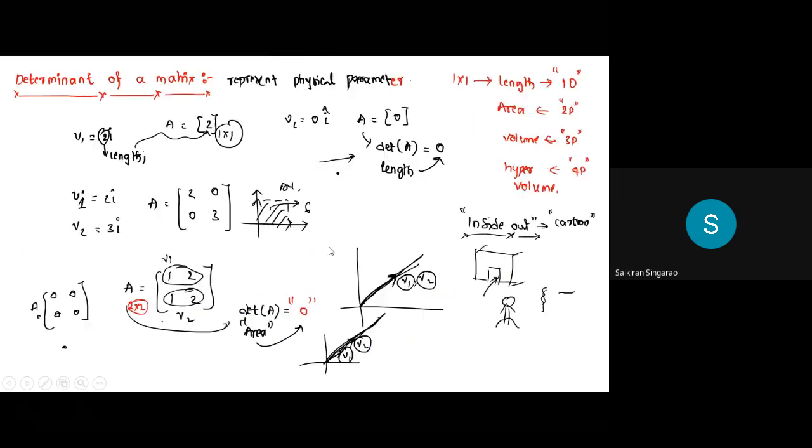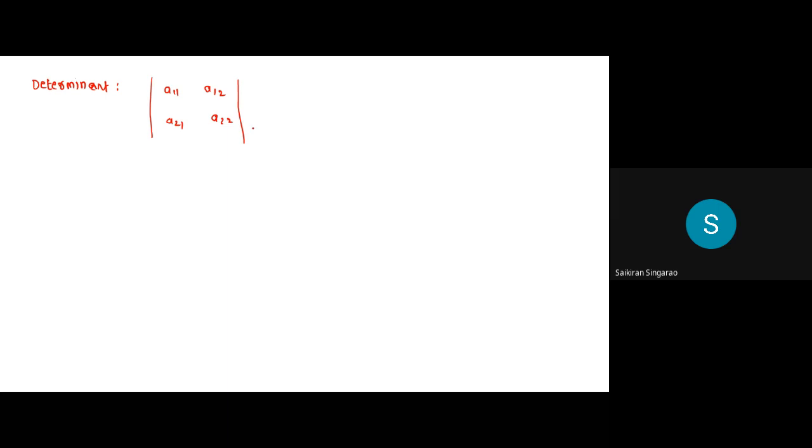But before even going here, let me properly define what a determinant is. Say you have A11, A12, A21, A22. The determinant of this 2 cross 2 will be A11 A22 minus A21 A12. This into this minus this into this, right?